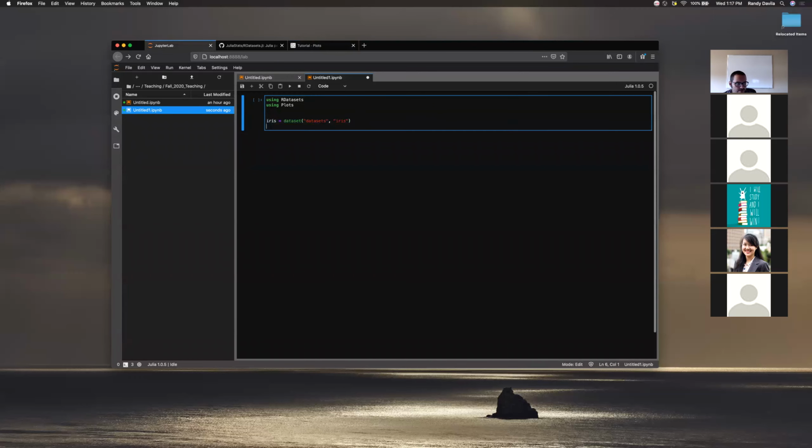So we load this. And now iris is a data frame, in a sense, if you're familiar with data frames from Python. So like before, we're going to say x data is equal to, and we're going to use list comprehension here. So x for x in zip, iris dot sepal length, say,